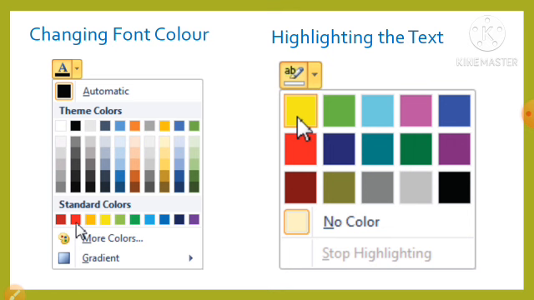And also to highlight the text. Suppose you want readers to focus more on a certain text. In such a case, you can emphasize some section of the text in a document by highlighting it with a particular color. You can highlight the text by clicking the down arrow of the Text Highlight Color button under the Font group of the Home tab, and then selecting the desired color from the drop-down list as shown in this figure.